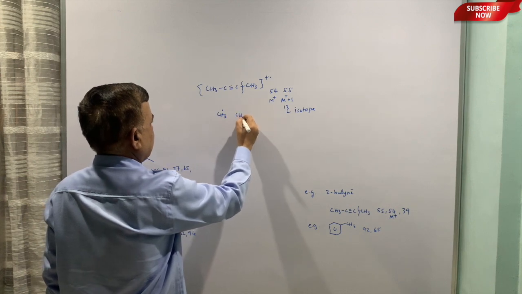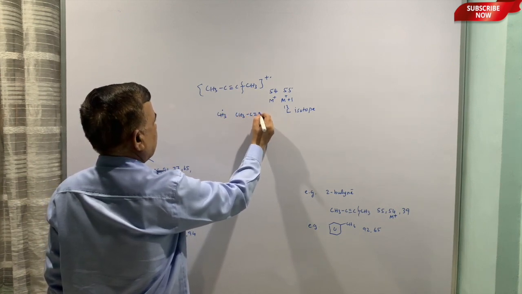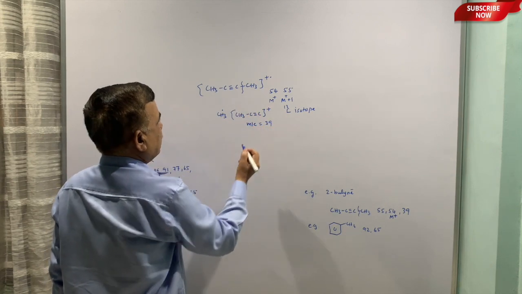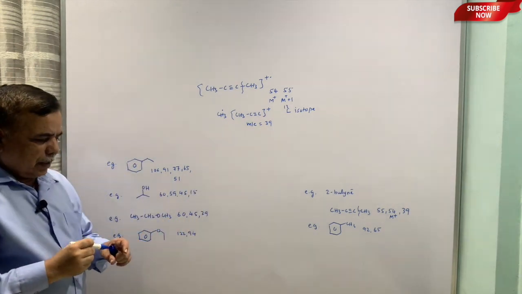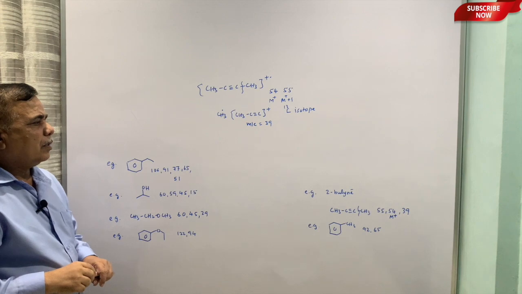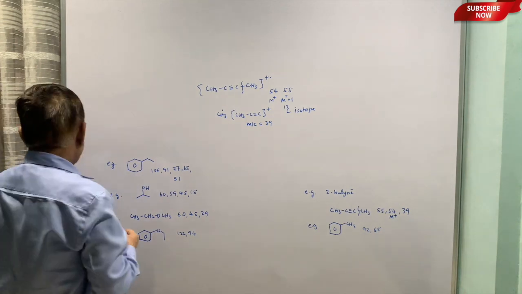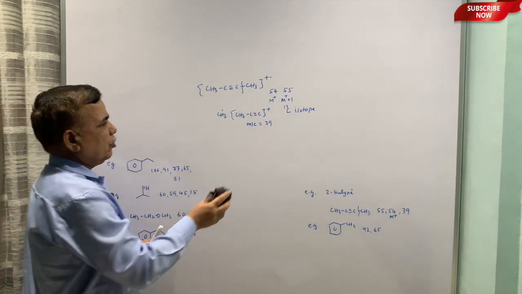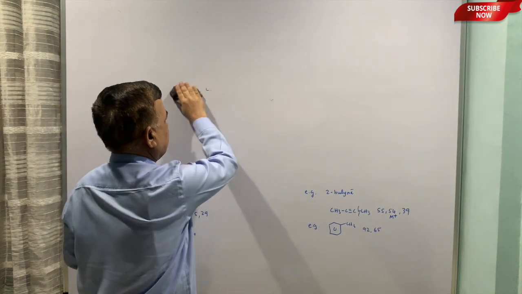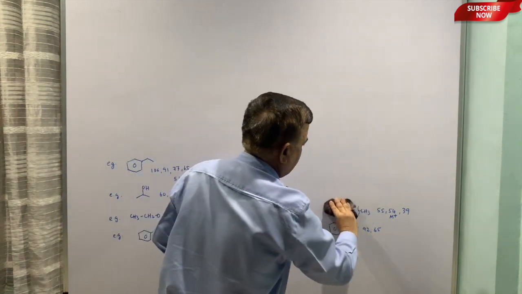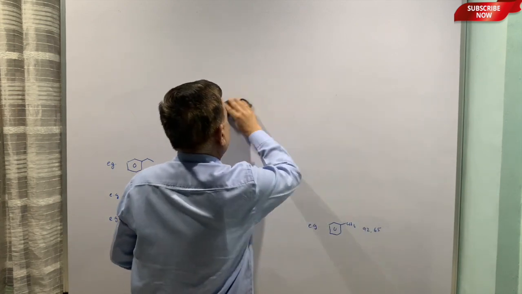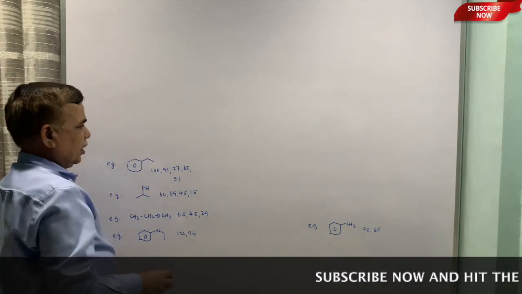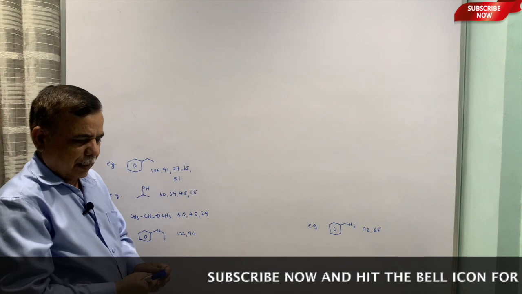So, methyl will be like this, and the other part is going to carry this. So, this is m by z equal to 39. This 15 is lost. Anyway, that radical is not detected by the instrument. So, the instrumentation part we are not talking about, because instrumentation is never asked in organic chemistry. We are interested in the interpretation part. So, we will be putting more emphasis on the interpretation and application part, and not the instrumentation. Instrumentation you can always read, how the positive charges are accelerated with potential, and then they go to the detector side and so on.